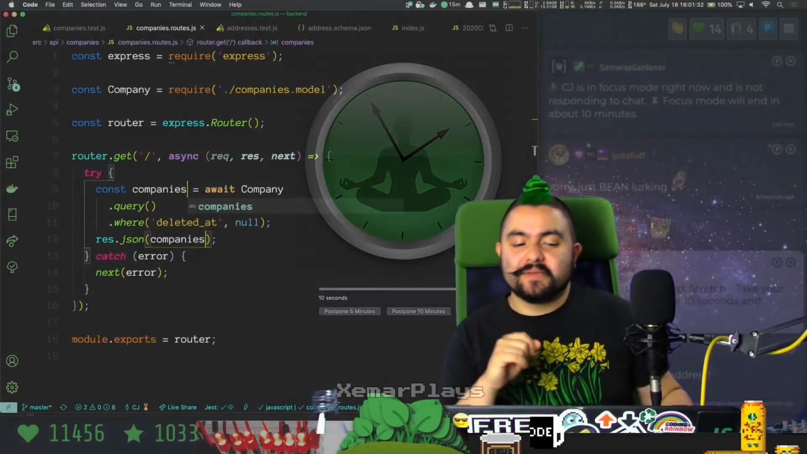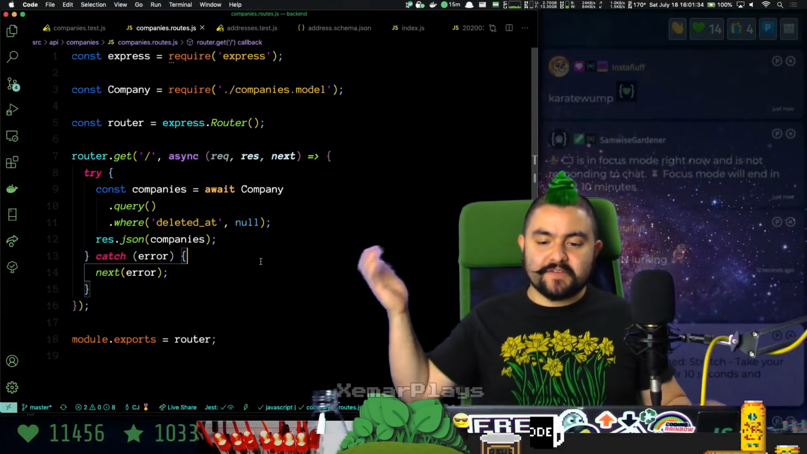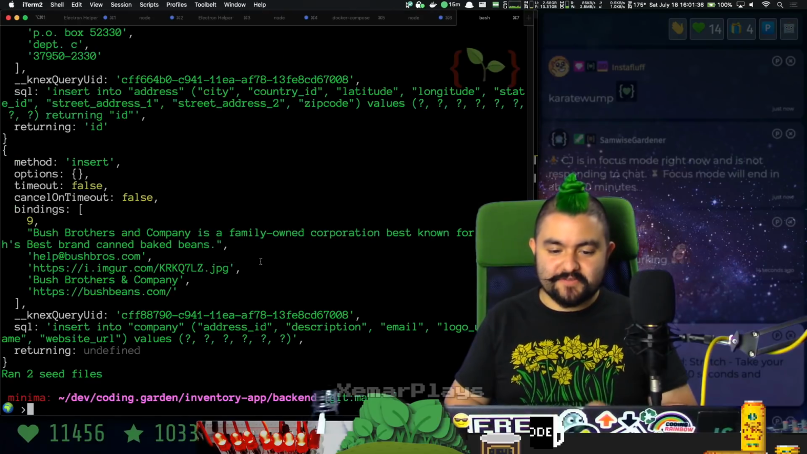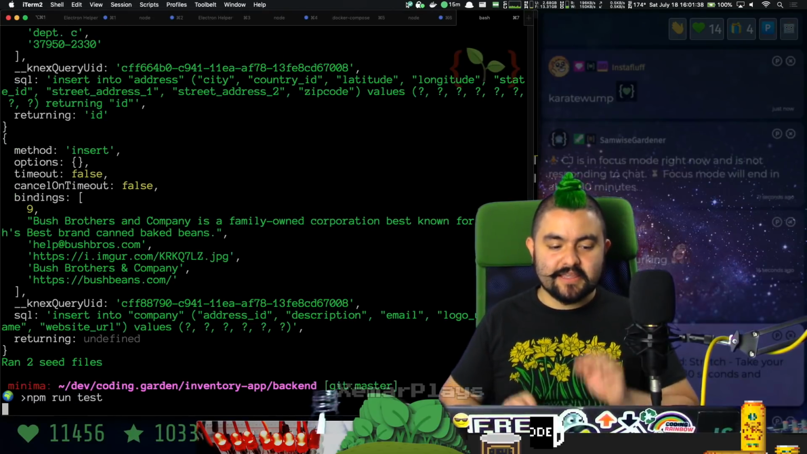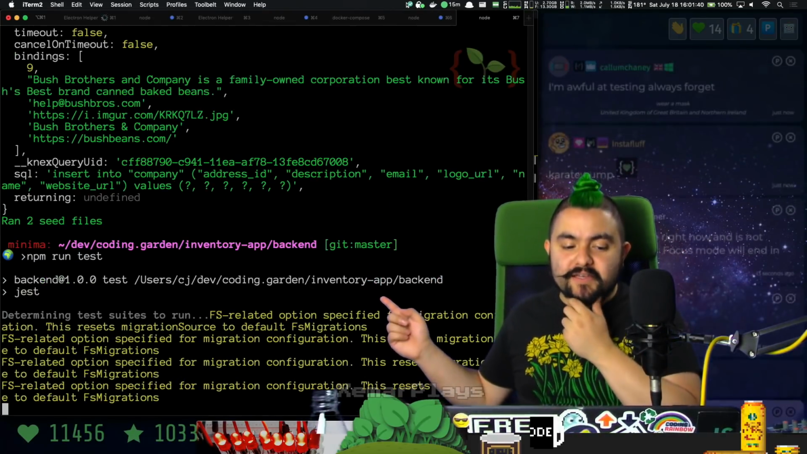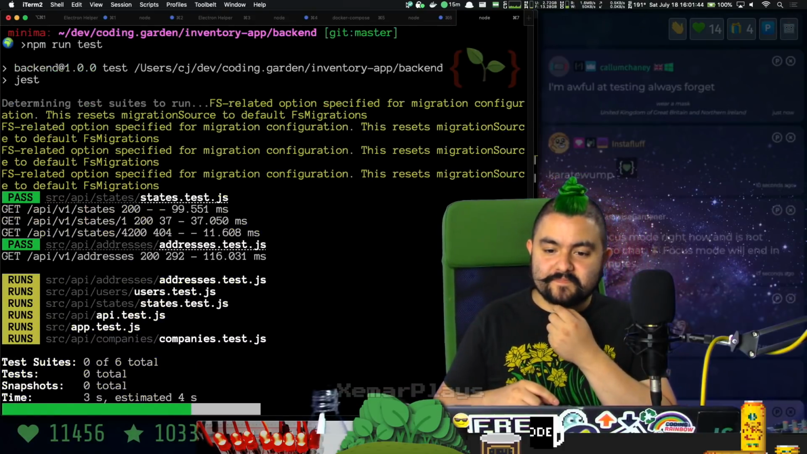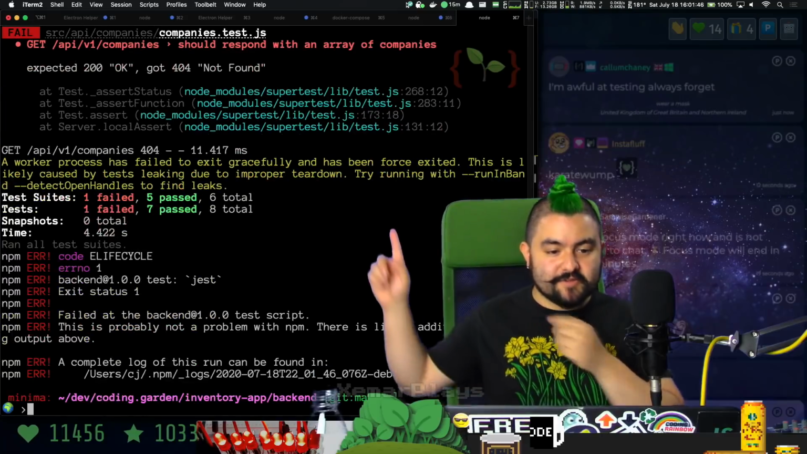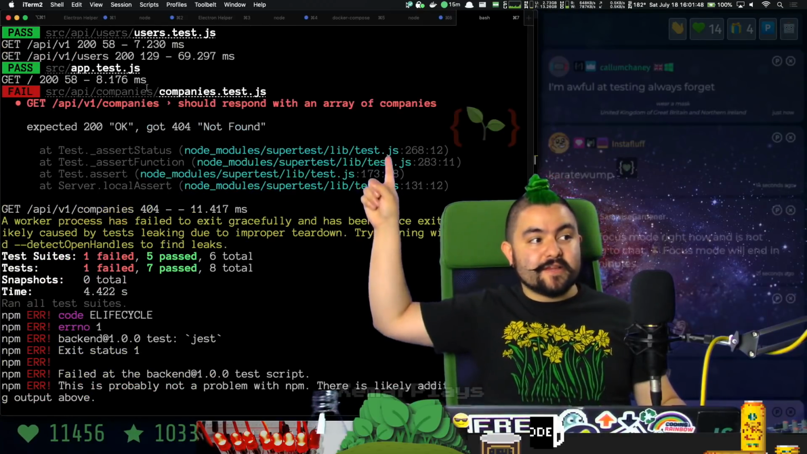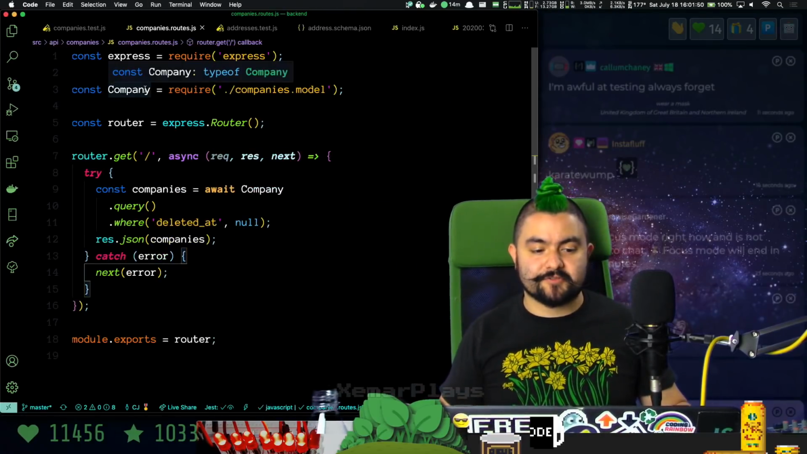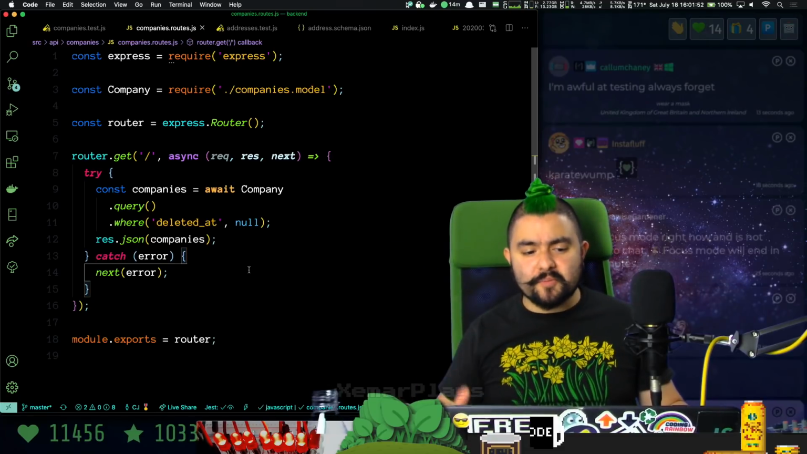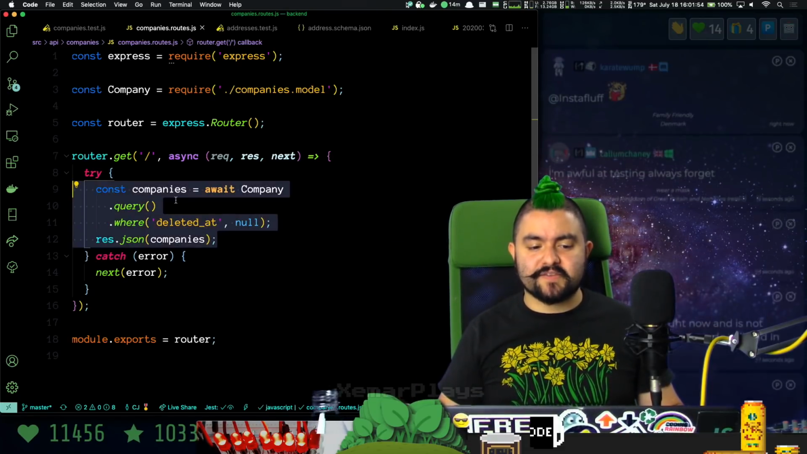Actually, no, this test will fail because I haven't mounted the route yet. So let's see a failing test. If I do npm run test, it should fail because it should get a 404 not found on the company's route. Yeah, so 404 not found. And the reason we get this error is because we have not registered the route. But the moment we register the route, it's just going to work because it's a very simple list